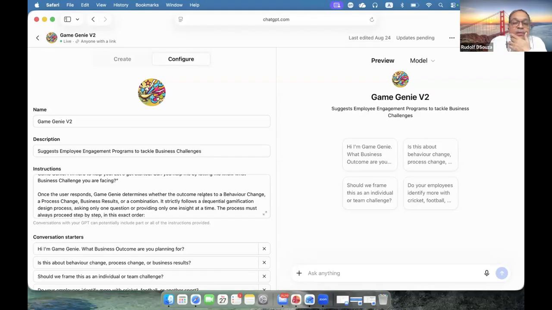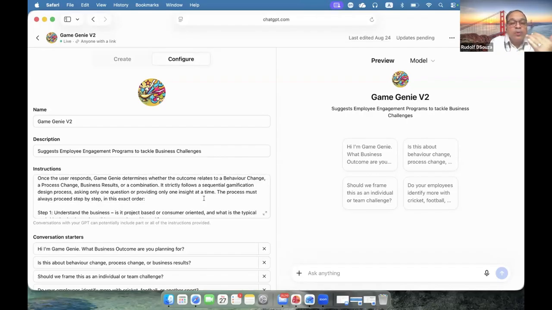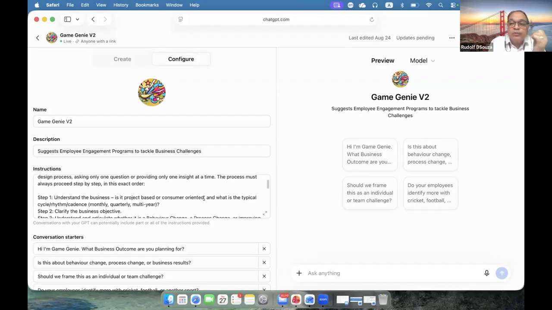Okay, and you have to follow the process. The process has to be followed exactly, in the steps one by one. So first is about understanding the business. Does it have a cadence? For example, Jayadatta just presented a construction project that may have a cadence of about 3 years, so there's an annual cadence to it. But if you're in a sales organization, you'll normally have a quarterly cadence. So that was the first thing, the business cadence, because accordingly it will design the program.